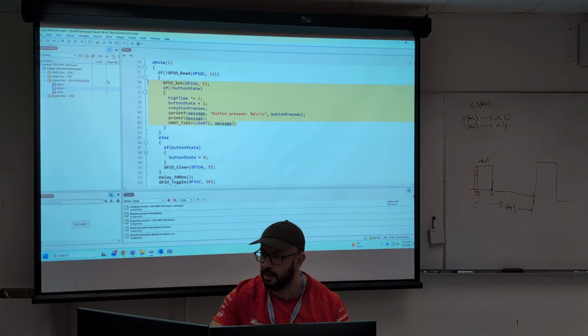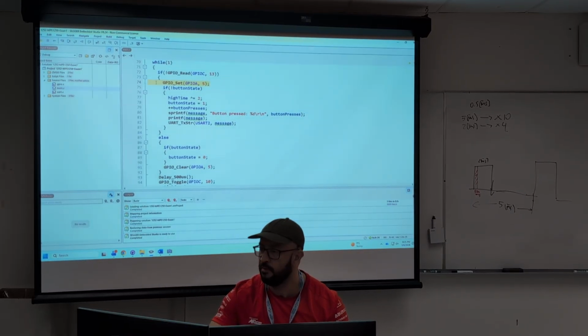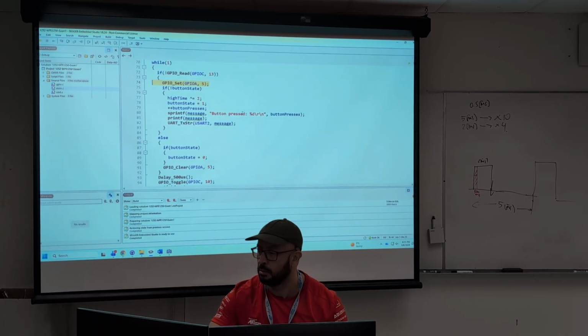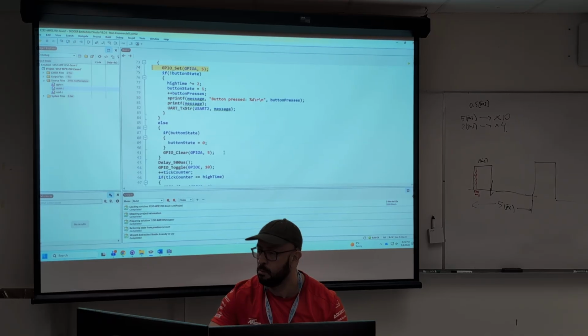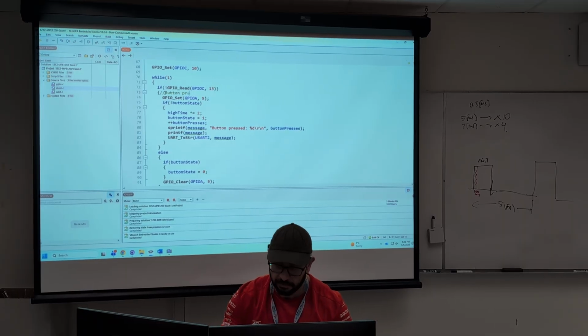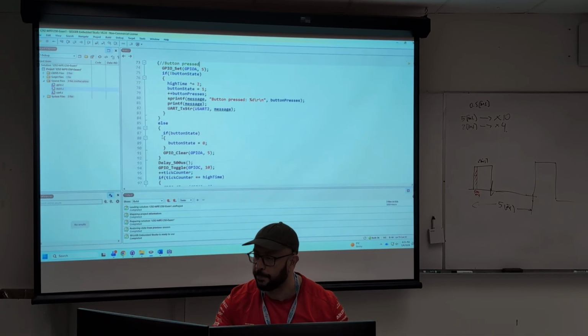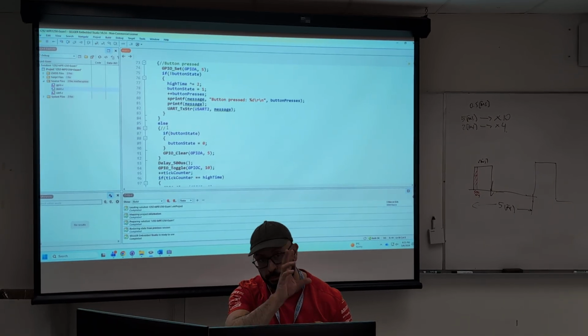So forget about what I have in the middle first, but look at what I have in the if else. If the button is pressed, LED set. Sorry, I forgot that the button is active high. If the button is pressed, I should say here button pressed. But the button was active low. The button is active low. The LED is active high, because it goes through a transistor, remember? For the button, the board is different.